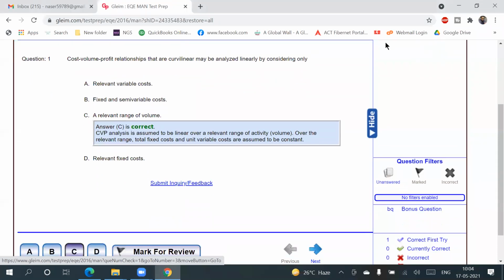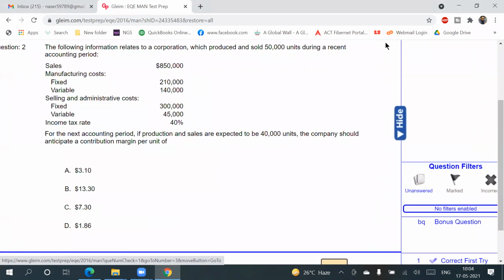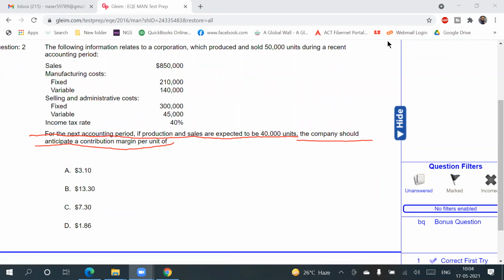Next, the following information relates to a corporation. While reading this question, what you need to do is start by reading the requirement. For the next accounting period, if production and sales are expected to be 40,000 units, the company should anticipate a contribution margin per unit of how much? Let us see in this question itself. When we are taking this into consideration,